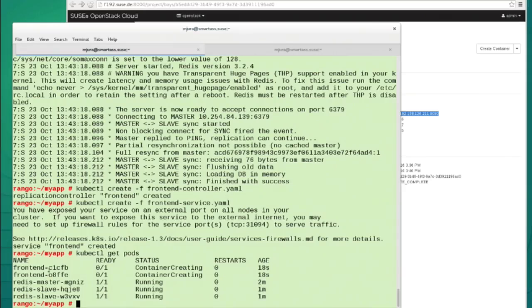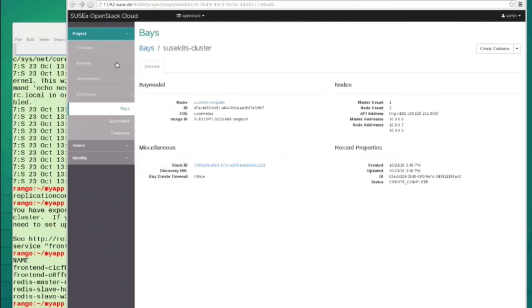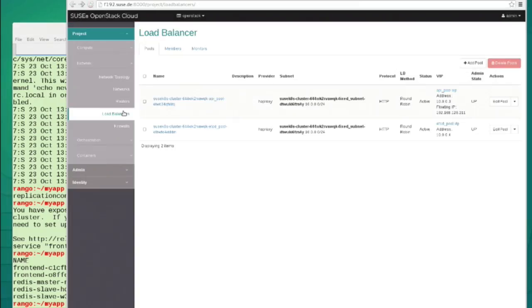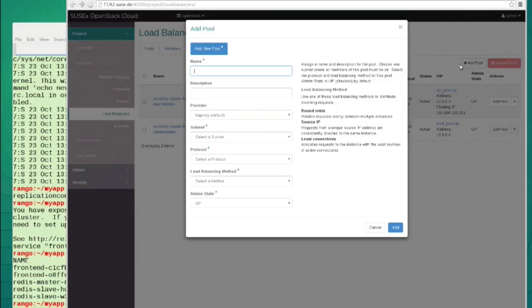So if you remember, in the beginning when I showed you the really high-level overview of Kubernetes, you had the cluster, and then in front of the cluster you had the load balancer. So for people on public clouds, Kubernetes has an integration which basically takes care of talking with the infrastructure as a service to provision the load balancer. But when you are on OpenStack, the integration with OpenStack is not yet there. This is one of the areas that we want to expand.